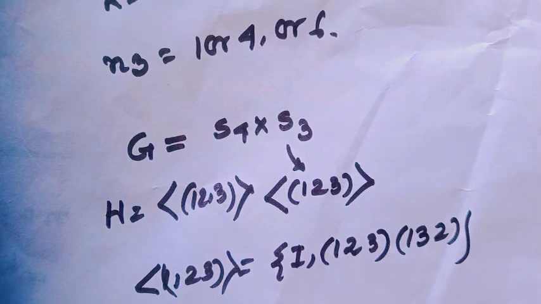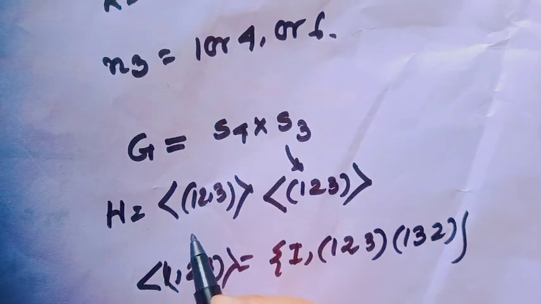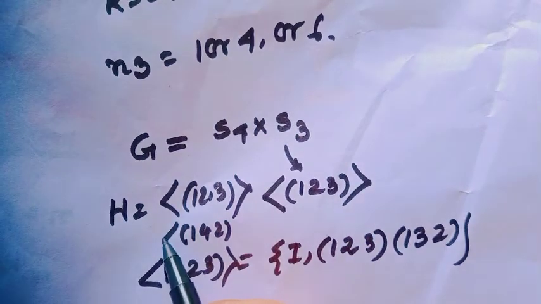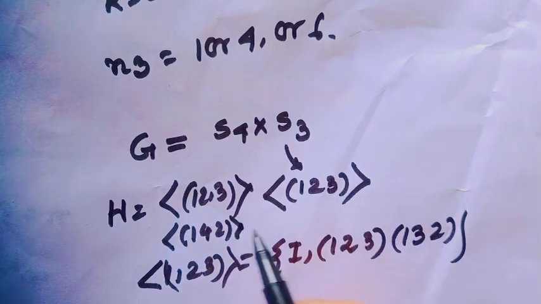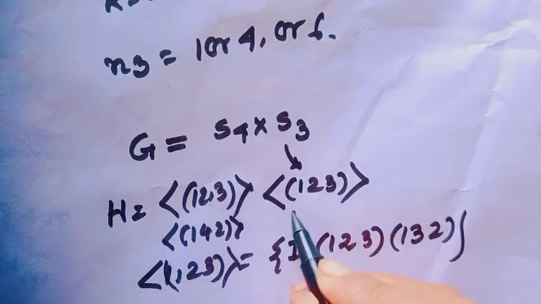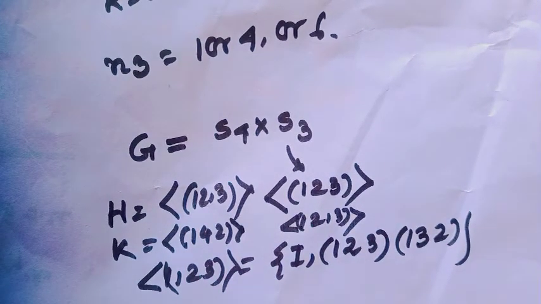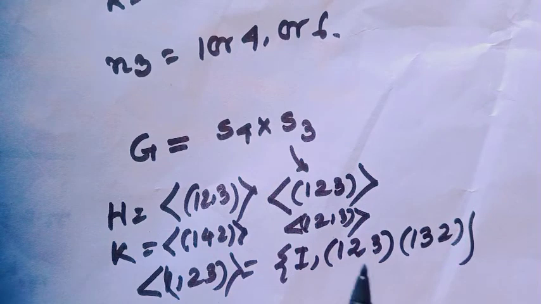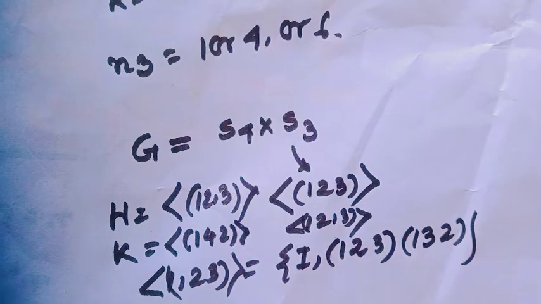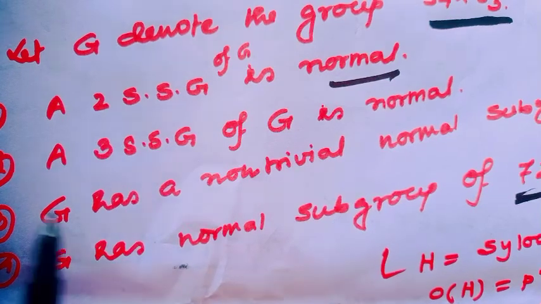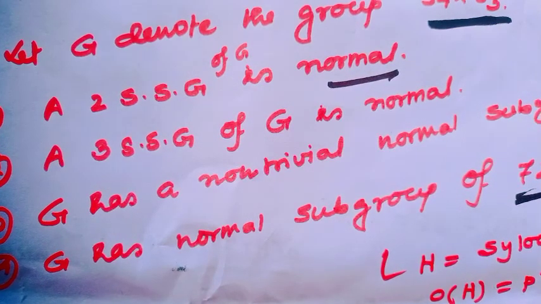Does there exist any other subgroup? Just think. If we change the other element to (1 4 2), then construct the cyclic subgroup generated by (1 4 2) with the same subgroup (1 2 3). This would be different from S. That means we have got more than one subgroup of order 9, that is Sylow 3-subgroup. That means our second option, the 3-Sylow subgroup is normal, is also a wrong option. Are you getting the method?